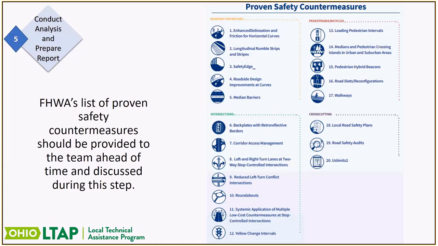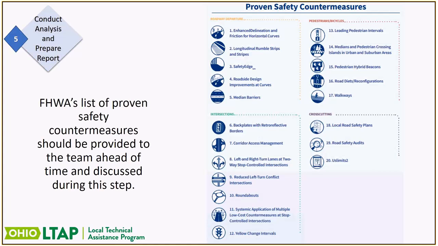We also talked about, maybe long-term, that one intersection down the road between the two universities. If they had a continued number of issues there, maybe that would end up being recommended for a roundabout, but it's a much higher dollar fix, and I'll discuss the priorities that we work through when we put together a list of recommendations. Number 11 on the list: the systemic application of multiple low-cost countermeasures at stop-controlled intersections.